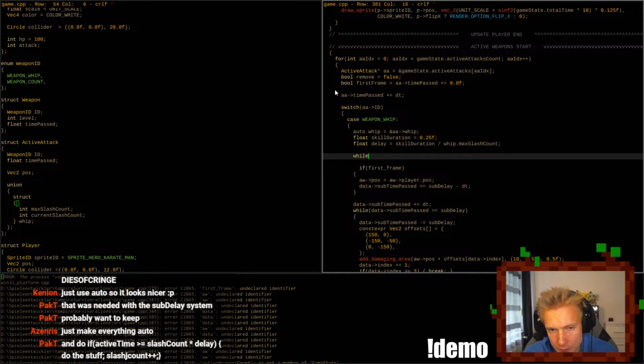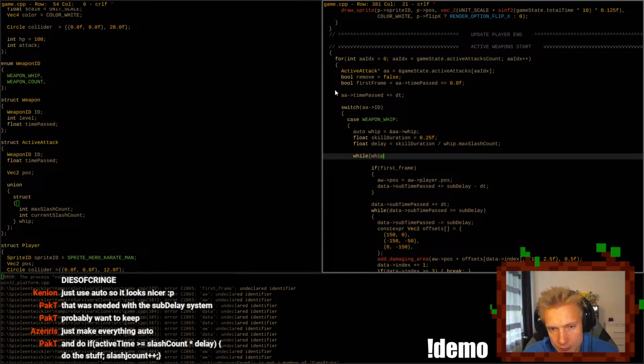So while the active weapon, the active attack times time passed is greater than whip dot current slash count times delay.